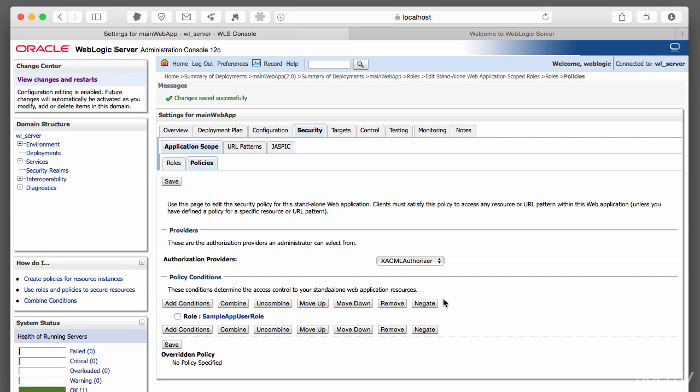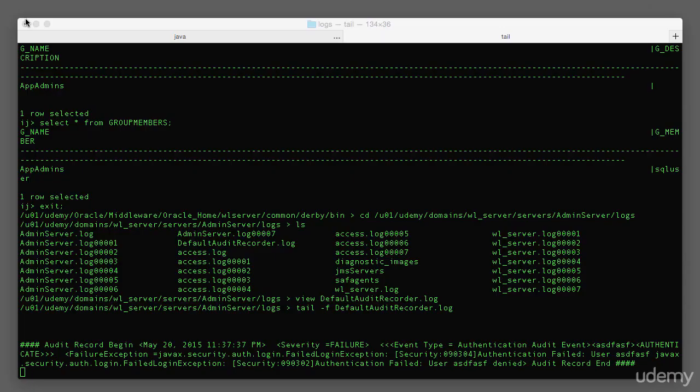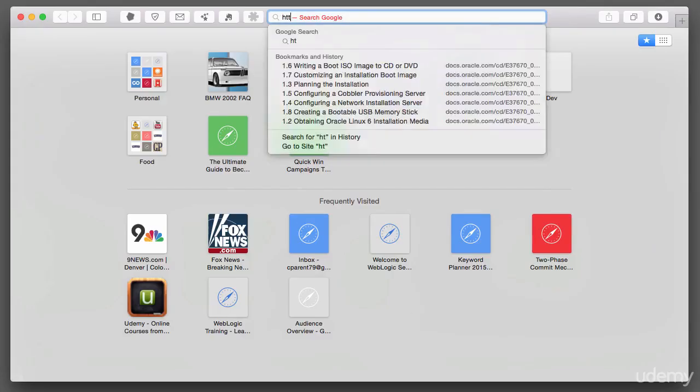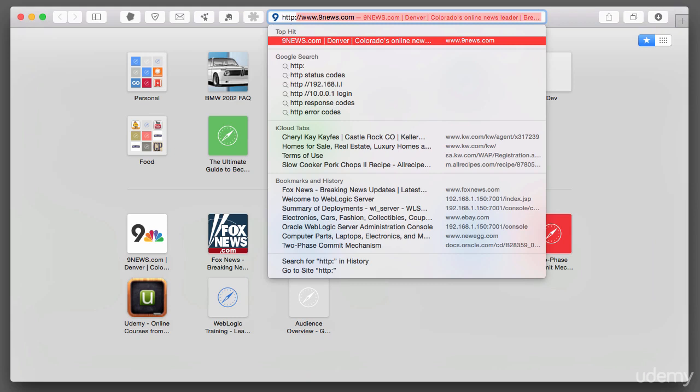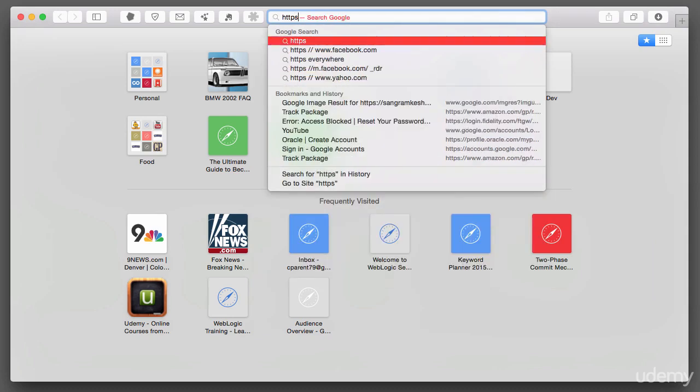However, first I need to invalidate my login session. So go ahead and click Log Out in the browser. And let's close the browser window altogether. Open up an entirely new window and log in to the application. Now, don't use the admin port. Don't use HTTPS, because the application isn't listening on that. If you try that,